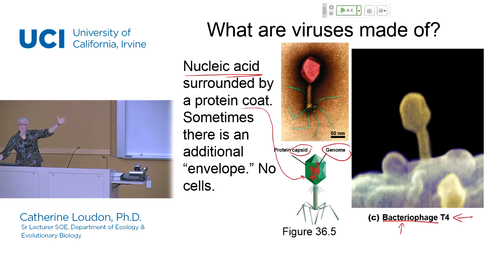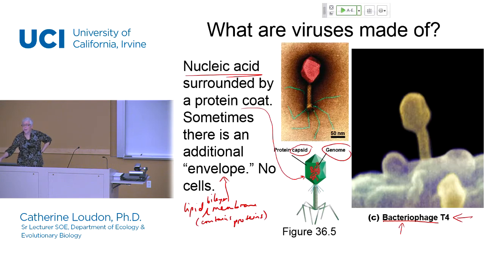This particular virus, or group of viruses, does not have an envelope, so we can't see it in this particular picture. But if it did have an envelope, what are envelopes actually made of? These are made of a membrane, so it's a lipid bilayer, comparable to what you're used to looking at in cell plasma membranes, but this is not a cell, so it is not considered a cell membrane. And it also often contains proteins embedded in it, just as cell membranes have proteins embedded in a lipid bilayer. Okay, but there's no envelope in this particular viral type.